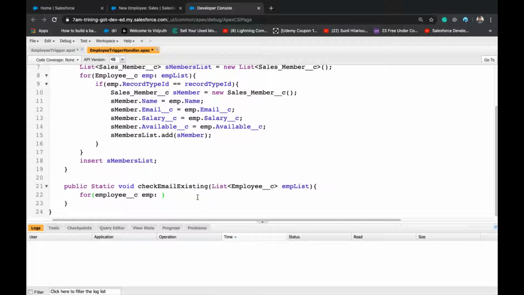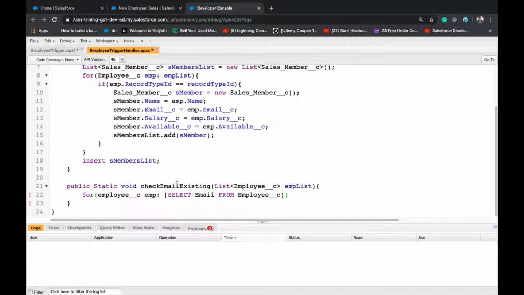I want to first get the data from the database, so directly we can write a query here. This is the third type of for loop, the SOQL for loop. Select email from Employee__c. So this will loop, right?